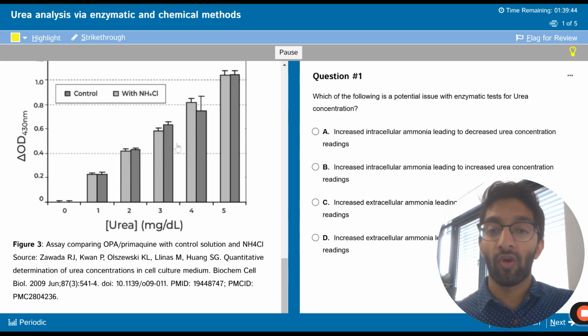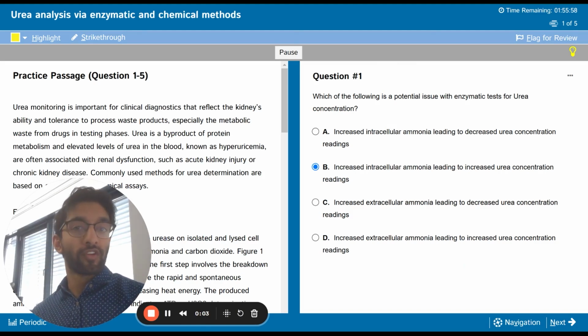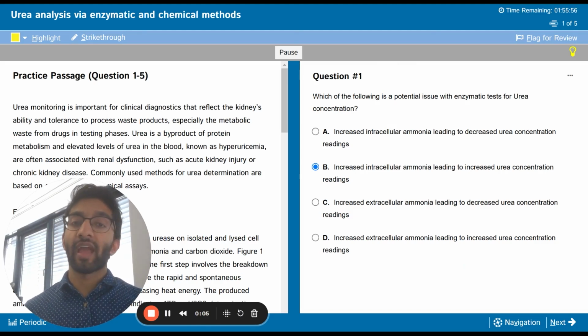But what you notice overall is that there's no clear trend, right? At 1, there's no difference. At 2, maybe the control is a bit higher. Here, the control is still a bit higher, but at 4, the control is now lower. So there's no clear trend, and the MCAT is not going to play with you that way, right? If there's no clear trend, they're not going to ask you details like that. So overall, what I would say is that there's really not a significant difference between the control and the ammonium chloride. Okay, so why don't we move on to question number 1 now, which is basically asking us what